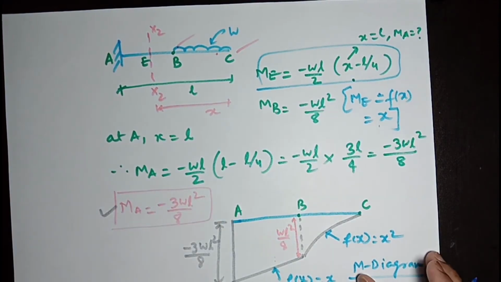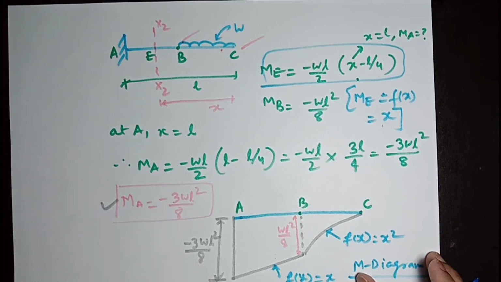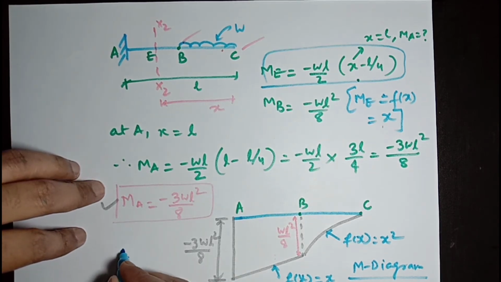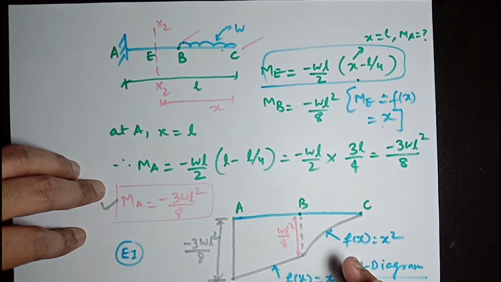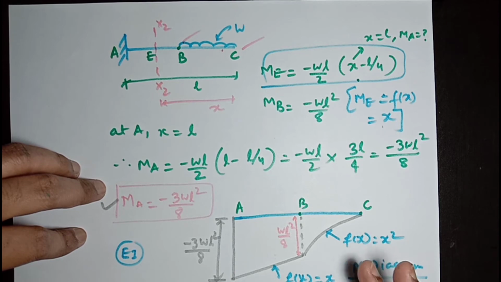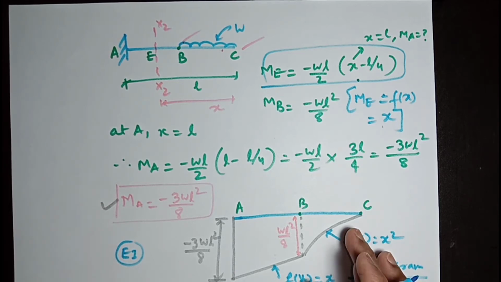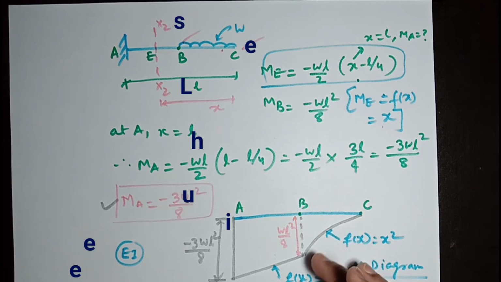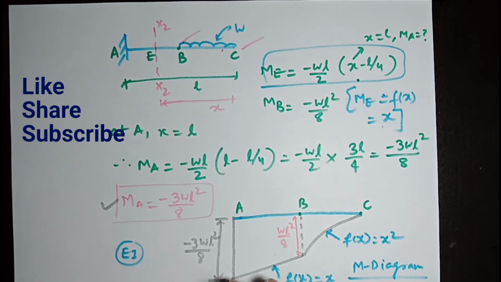Through this M diagram, the bending moment diagram, we are going to find the M over EI diagram. The M over EI diagram is found by dividing every y coordinate with a constant value of EI, which is the flexural rigidity of this beam, so that we will have a curve which is called an M over EI diagram. The profile will be the same, as every y coordinate is divided by a constant value of EI.